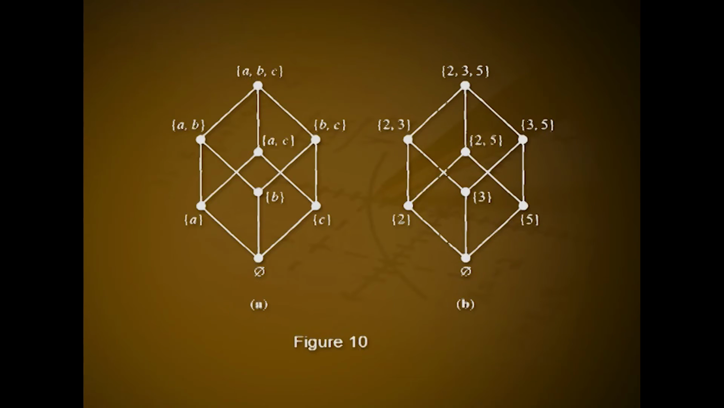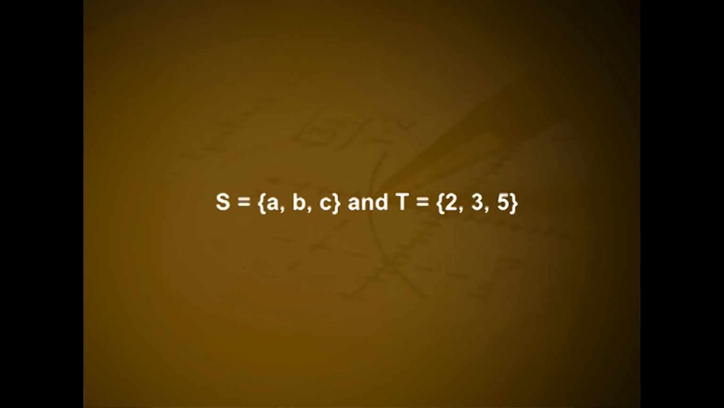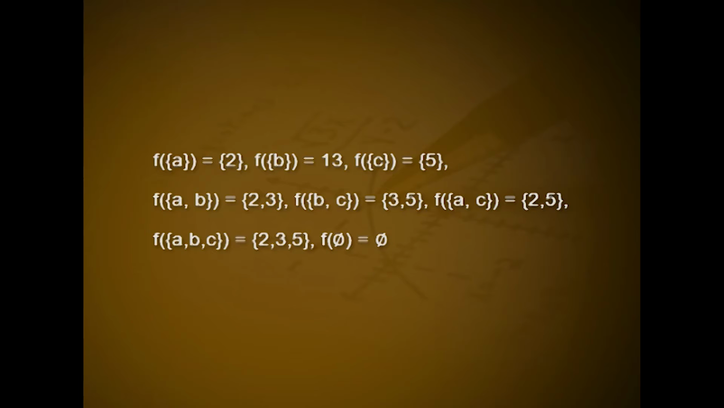Example 18. Figure 10a and b show Hasse diagrams for the lattices P(S) with set containment and P(T) with set containment respectively, where S is the set {a, b, c} and T is the set {2, 3, 5}. It is clear from this figure that the two lattices are isomorphic. In fact, we see that one possible isomorphism f from S to T is given by f of {a} is equal to {2},